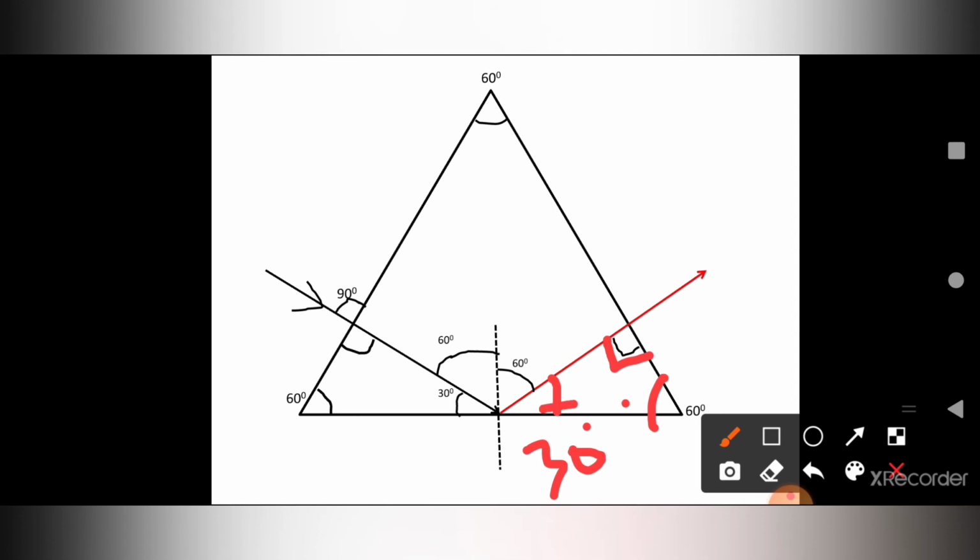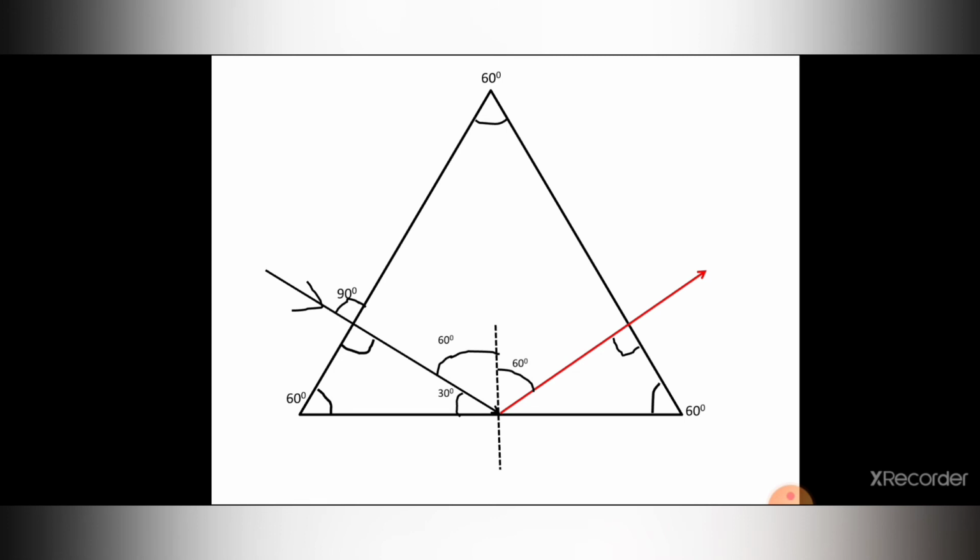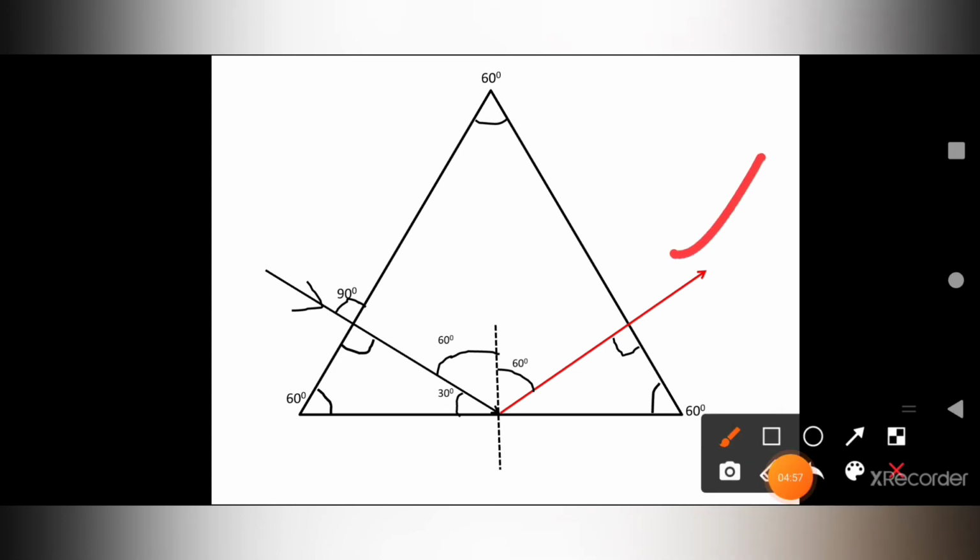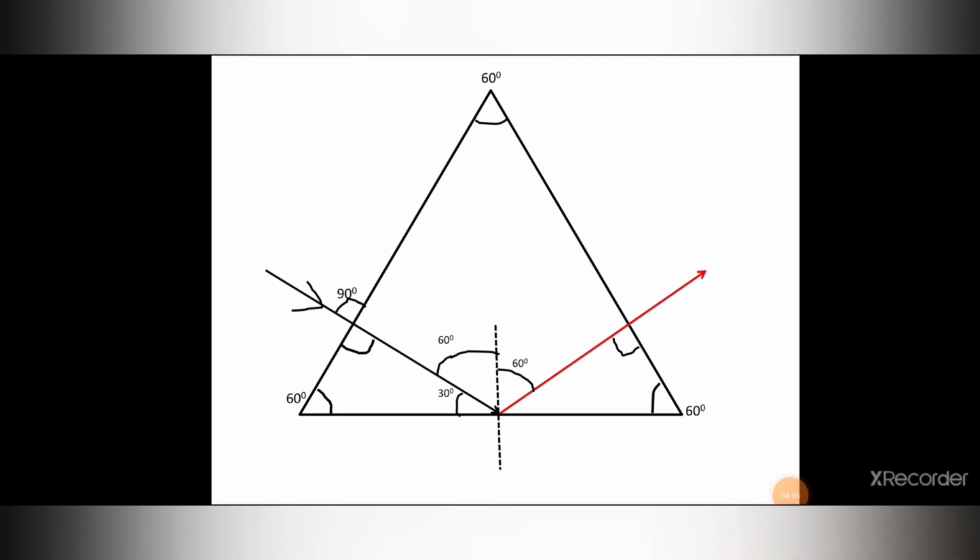Since this is 30, this is 60, this is a 90 degree, and since the ray of light is incident normally, it will pass undeviated like this. Okay, the ray of light will not deviate, and so this will be the final direction of the emergent light. Alright, now next we have,